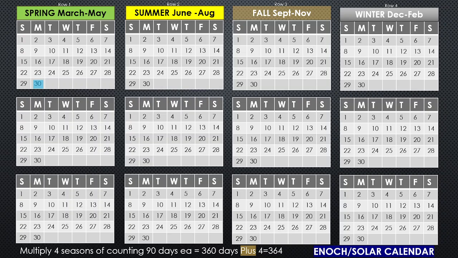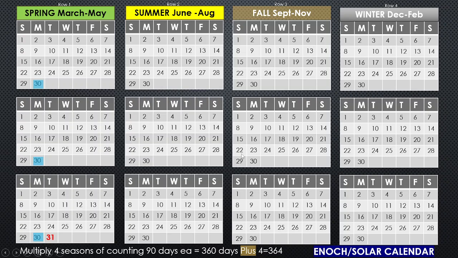Notice the highlighted part in spring. The 30th day is highlighted. The next month is highlighted, which will be April. The next month is highlighted, which will be May. And watch this. Now comes the intercalary day. That's the 31st day. Do you see that? Remember the written laws we just read? So now you're seeing a demonstration of where the intercalary day comes. So the months have 30 days each month: March, April, and May. But you add an intercalary day there, indicating that we're about to shift from spring to summer.